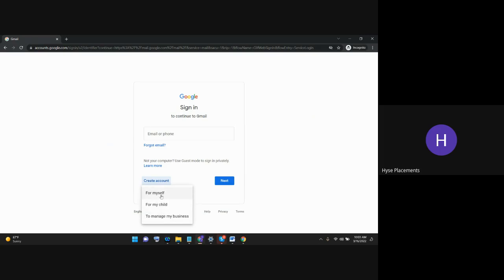These are nothing but scenarios. When you directly hit create an account, it will come directly as a page. When you pick it from below the login page, you will have 3 options. You need to make: create an account for myself, create an account for my child, create an account to manage